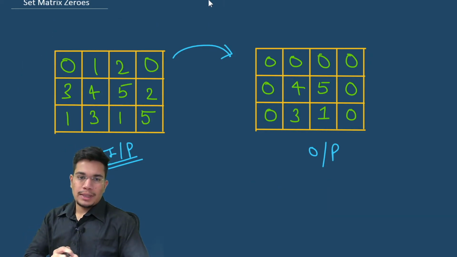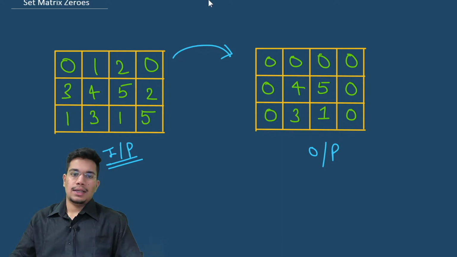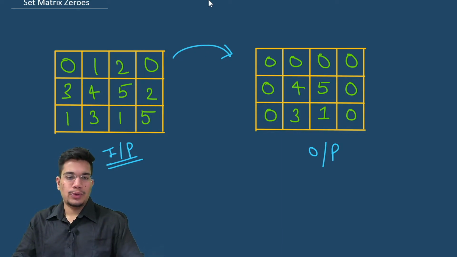However, the most optimized approach does not include any extra space and takes n cross m time to do that. So let's talk about that, which is what we are going to implement finally. In that one, it is somewhat similar to the approach that we just discussed, but the only change is we don't use those extra arrays that we used in the earlier one.